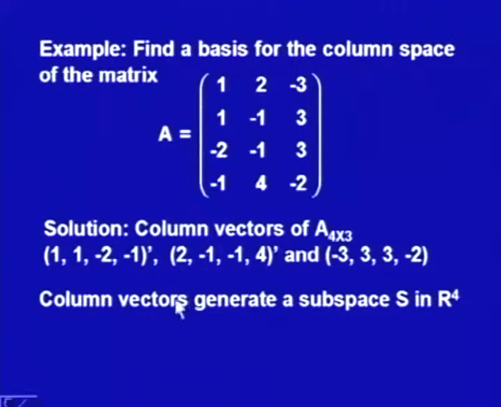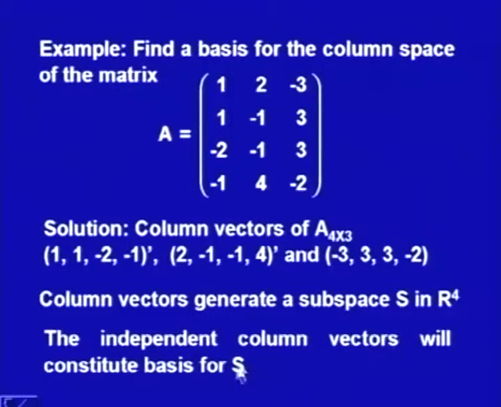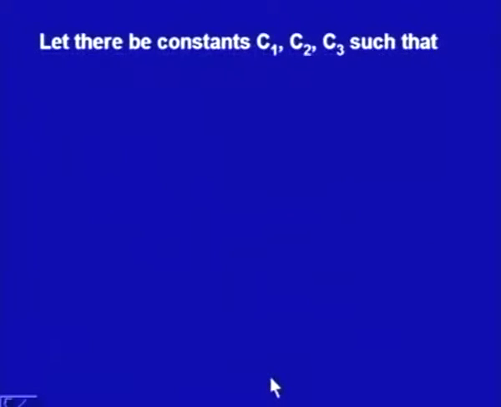Now, we have to find out its basis. So, we say the column vectors generate a subspace S in R4, since M is 4. So, it will generate a subspace S in R4. What we have to do is find the independent column vectors that will constitute a basis for S. For this purpose, let us assume 3 constants C1, C2, C3 such that